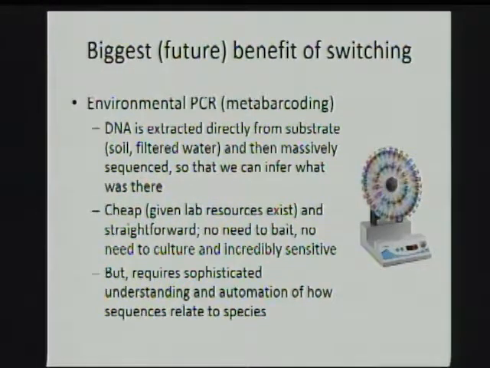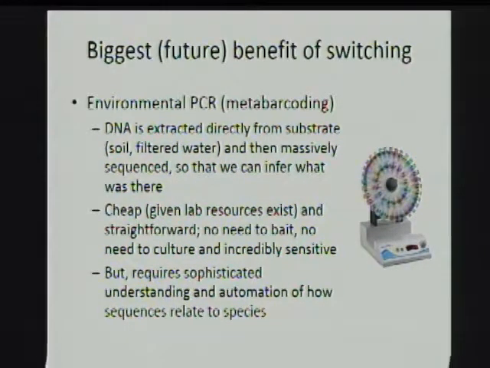And the real hidden benefit of this growing pain of switching over to using DNA is this tool that goes by various names, metabarcoding, culture-independent techniques, where instead of isolating Phytophthora, we've already heard that one type of bait, pear, rhododendron, isn't enough to find every species of Phytophthora. And so forget it. Let's just look for them by the signature of their DNA.